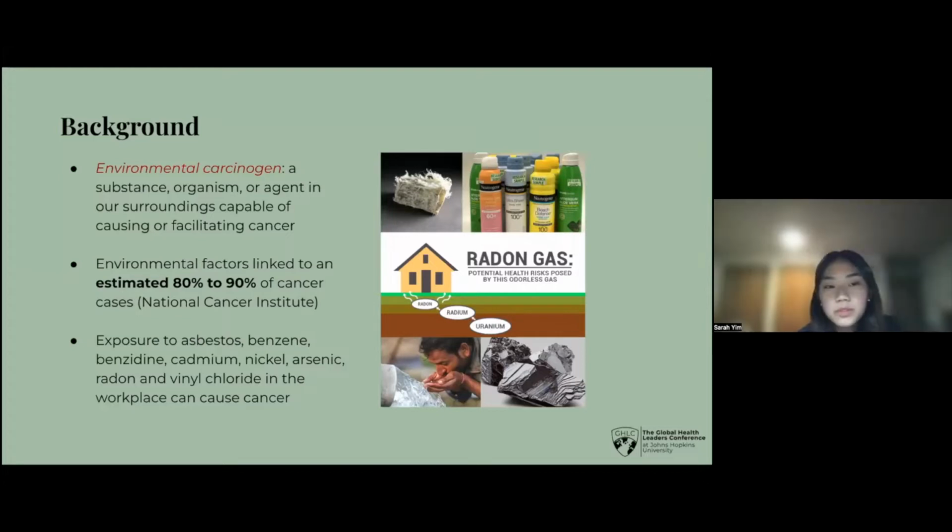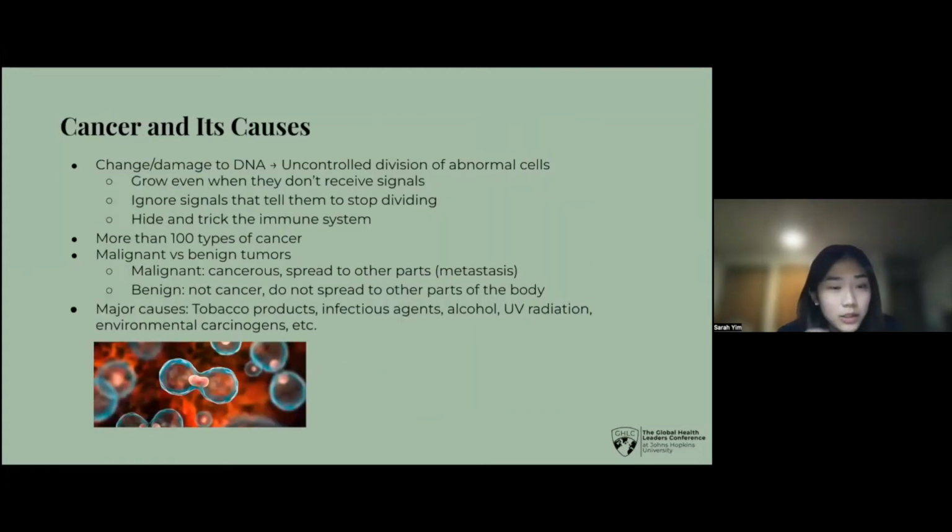Some examples of what environmental carcinogens can be, or how we can be exposed to them, are through chemicals like asbestos, benzene, benzidine, cadmium, nickel, arsenic, radon, and so on, in the workplace especially and industrial factories, and these can all cause cancer. So firstly, cancer is the change or damage to DNA, or in other words, the uncontrolled